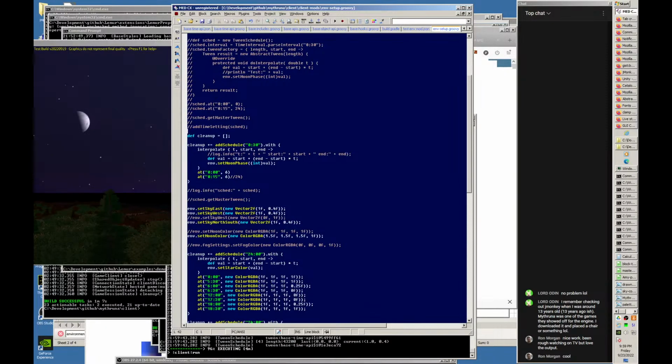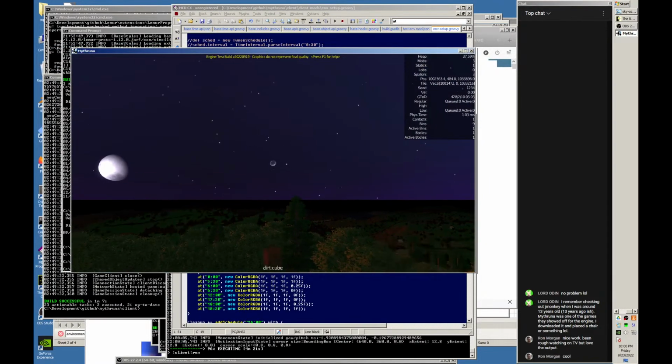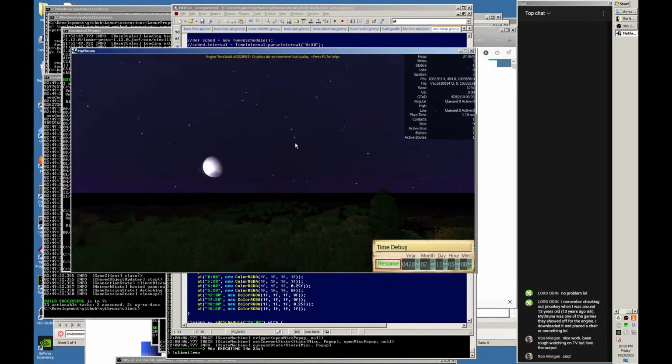I have a test tween up here that's doing it. If I change this to like 16, it'll change the phase of the moon. Why is it not working? Oh, there it goes. I have it set every 30 minutes. That's why. See, it even moved it in the sky,